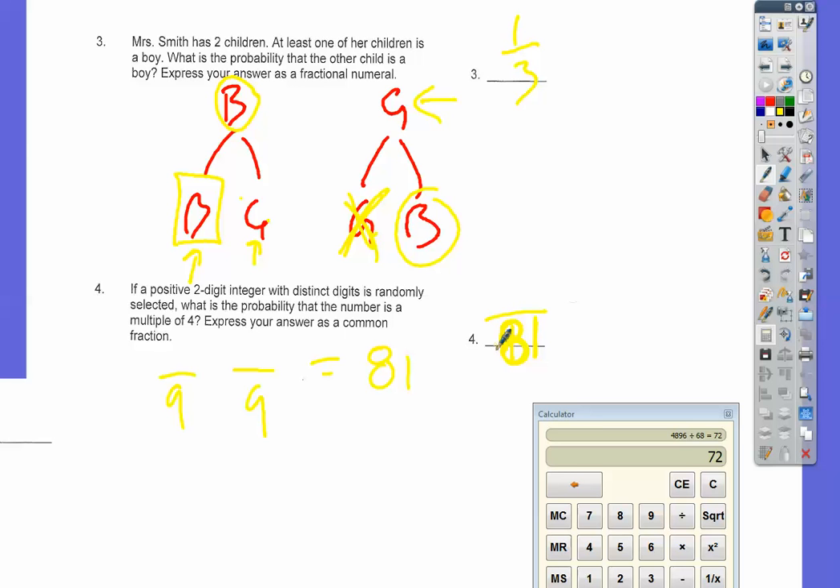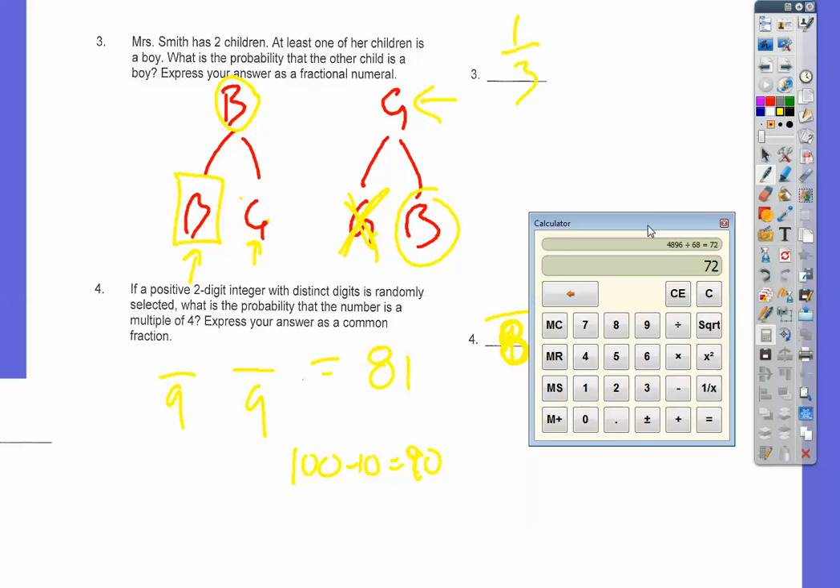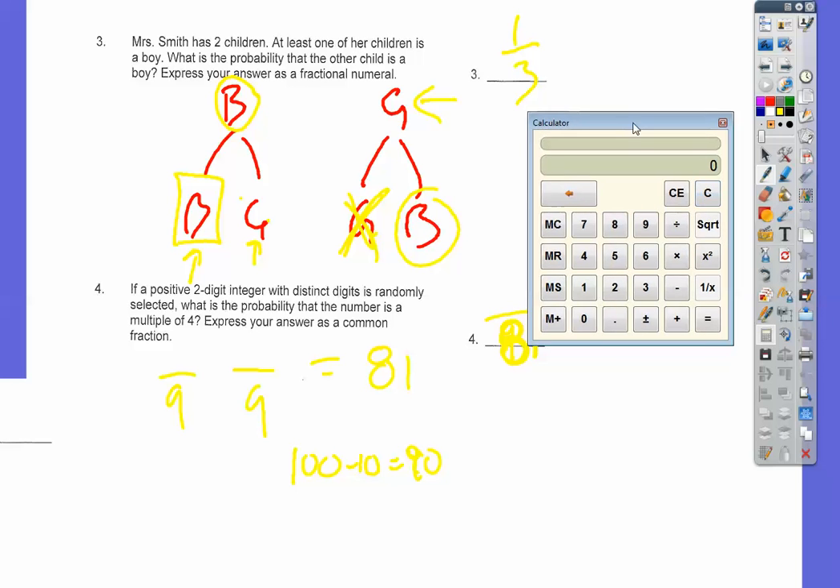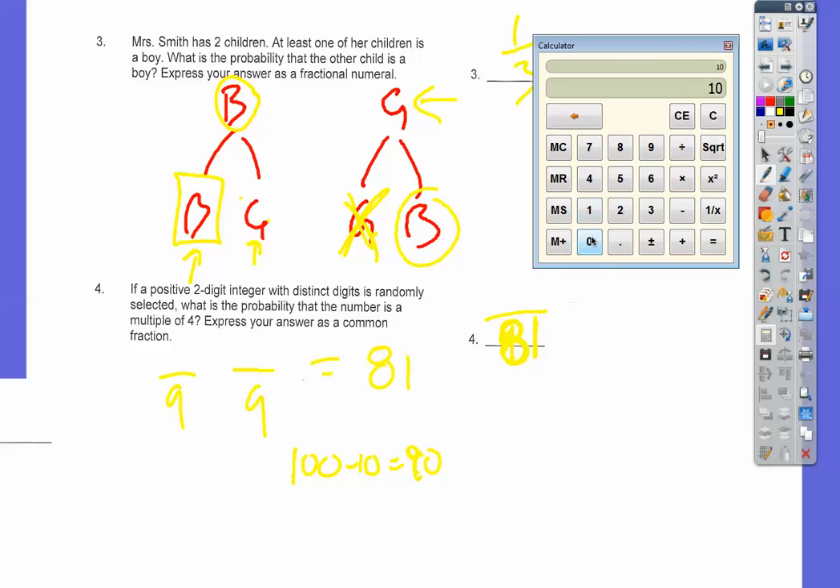All right. What is the probability that the number is a multiple of 4? So we need to know how many multiples of 4 there are between 10 and 100. So 100 minus 10 is 90, right? Seeing if this works, I know of another way, but 90 divided by 4 is 22.5. So there are 22